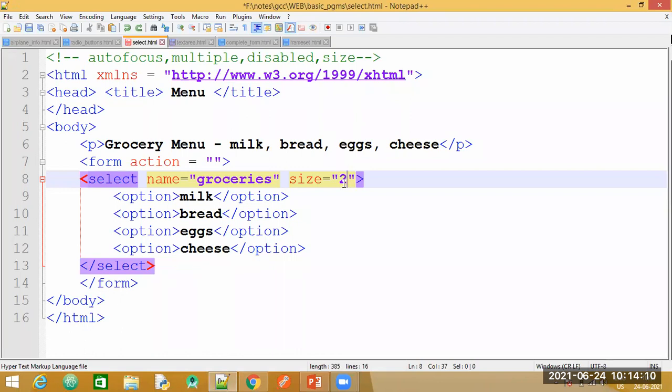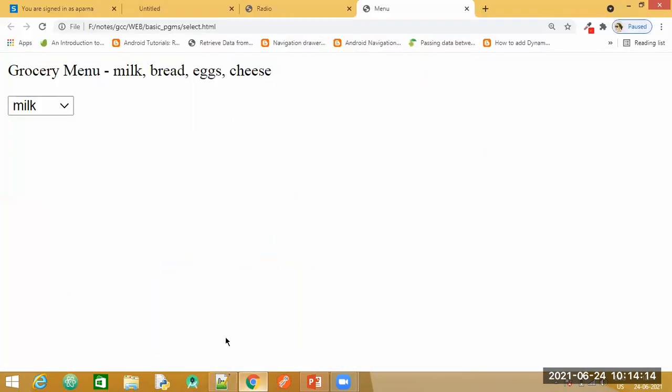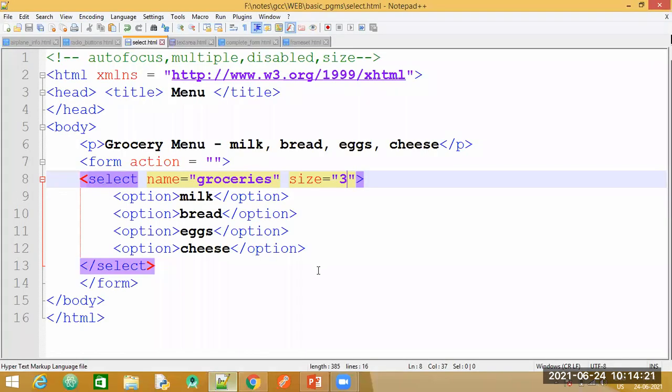So if I increment this, if I make this 3, again refresh, so 3 items will be displayed in the drop down. Then let me make use of the next property. I'll remove this and show you. I'll write